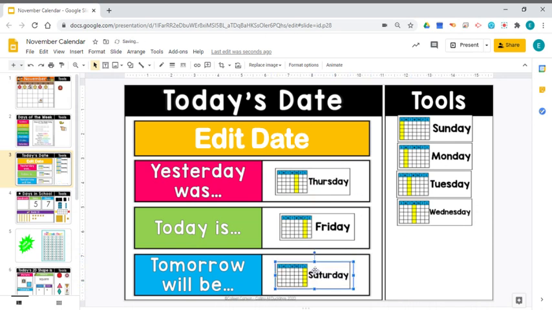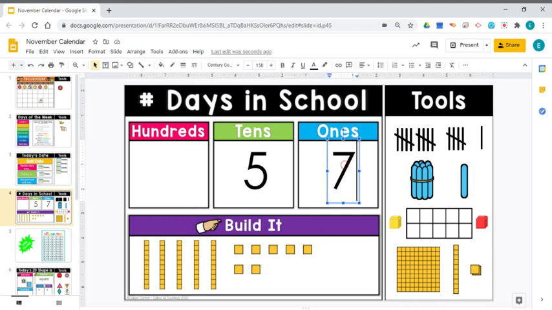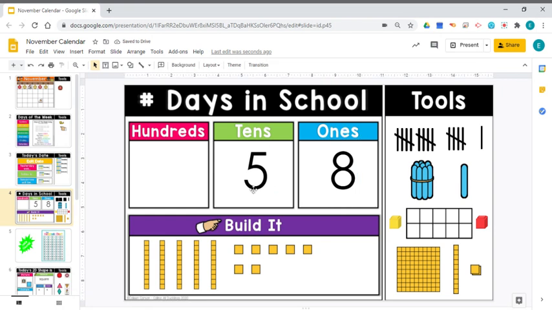You got it. All right, let's look at how many days we've been in school. Yesterday, we were in school for 57 days. If you count one more, it's 58 days. Now, we have 5 tens in 58, and you can see that we have our base 10 blocks here,